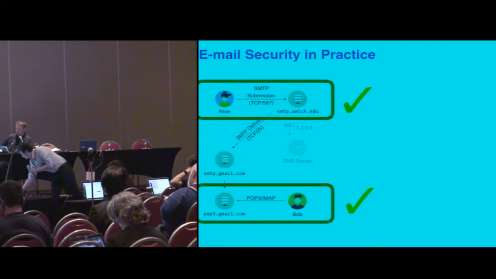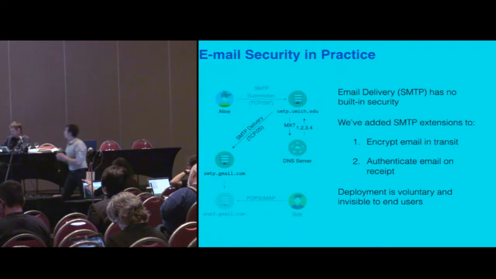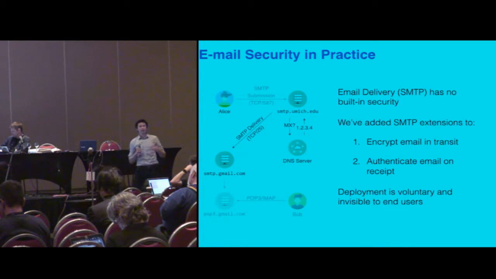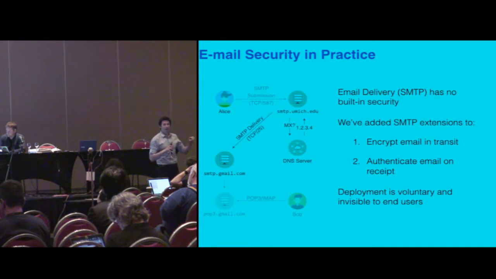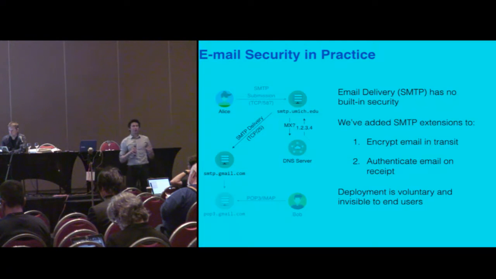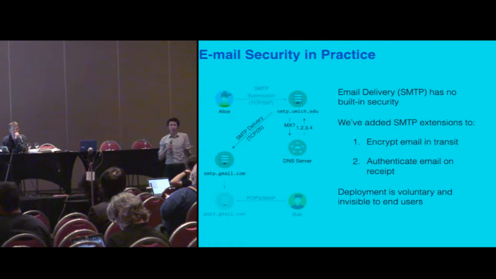What I want to focus on is this piece in the middle, or what we call SMTP delivery. Essentially, this is the piece that says, how do I get a piece of mail from the University of Michigan to Gmail or to a different organization across the internet? So SMTP, when originally built, had no built-in security. Your email was sent clear text over the internet, and when someone received an email, they essentially believed whoever sent it was not posing as someone else, that it was all true.